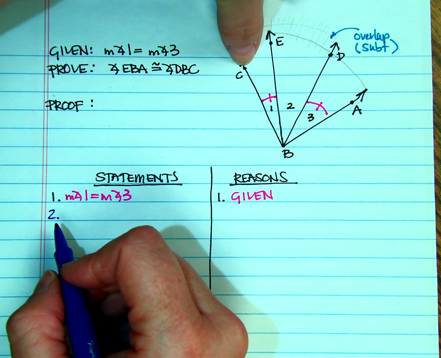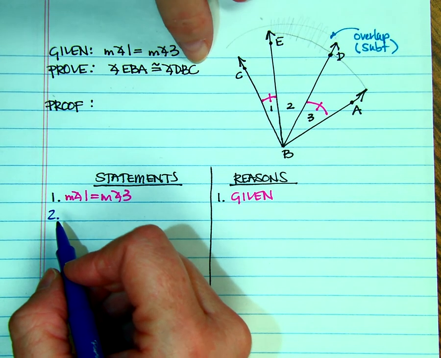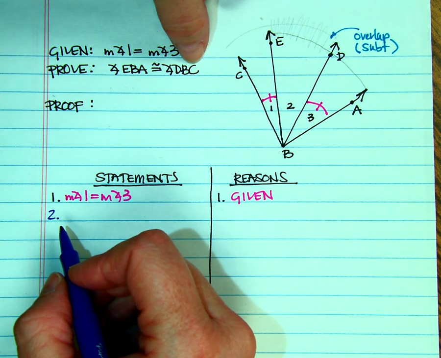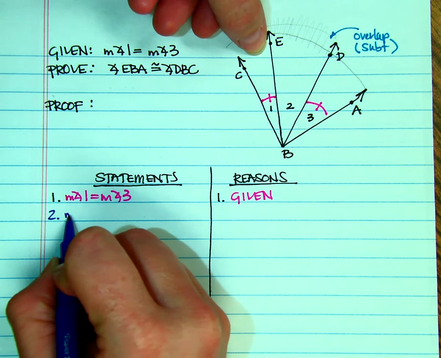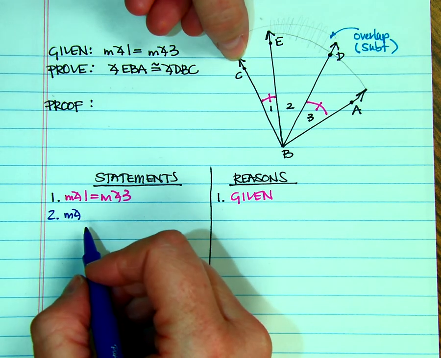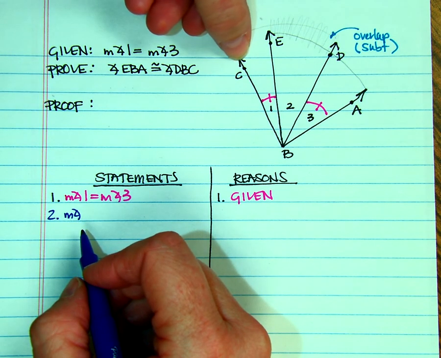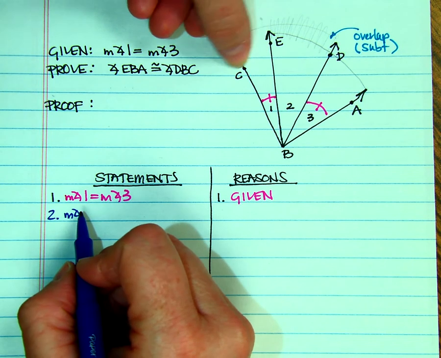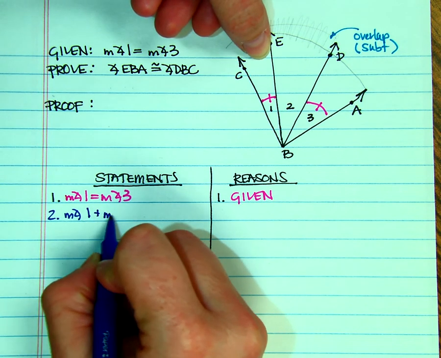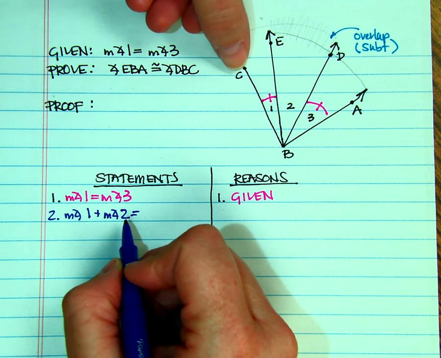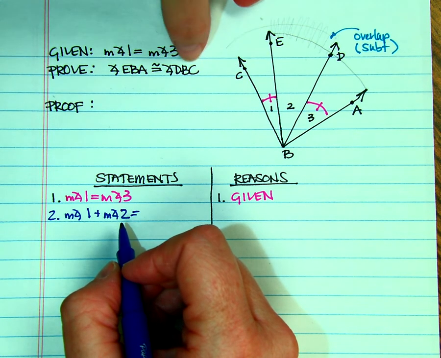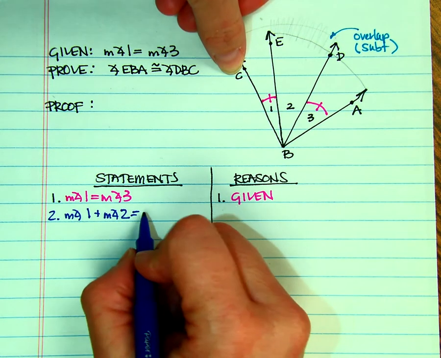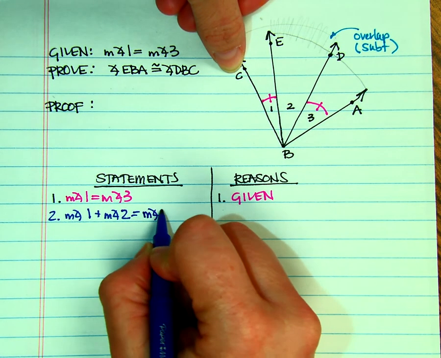Now notice I just said CBD, but here it says DBC. Do not use both of them. So whatever is in your proof, that's what you need to be using. So angle CBE, so the measure of angle, I'm going to make this easier on myself and use angle 1. So angle 1 plus the measure of angle 2 equals angle, I would want to say CBD, but that's not what I have here. So DBC, be consistent. Measure of angle DBC